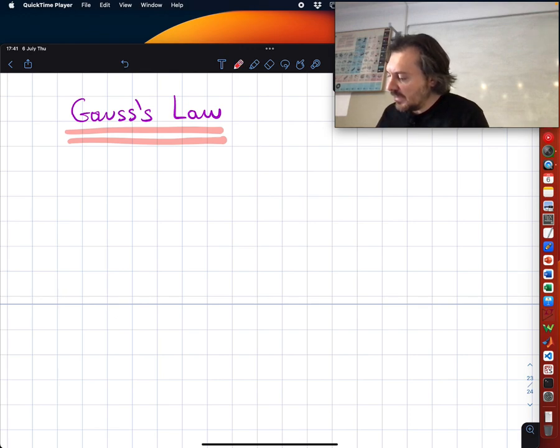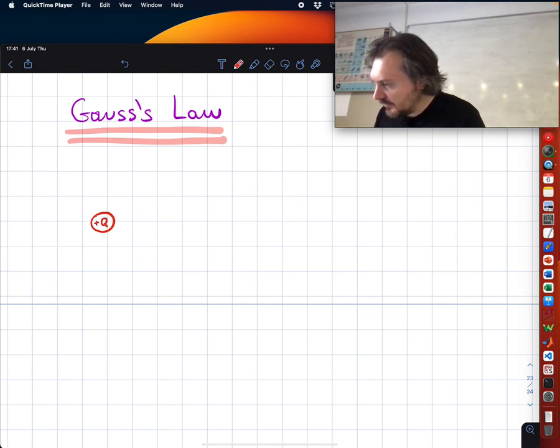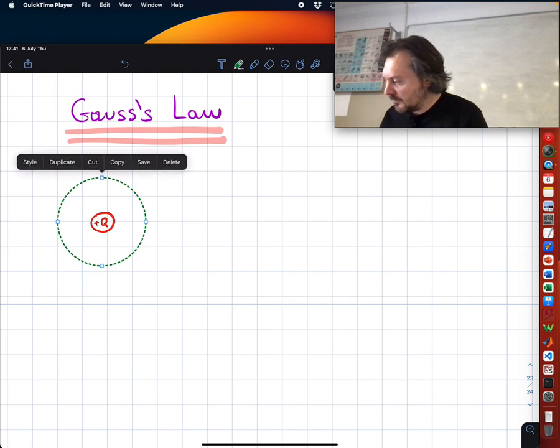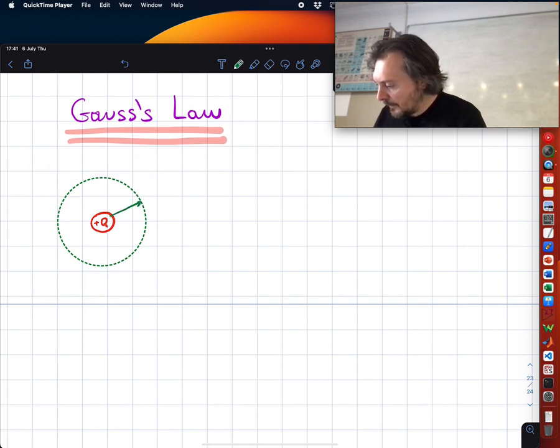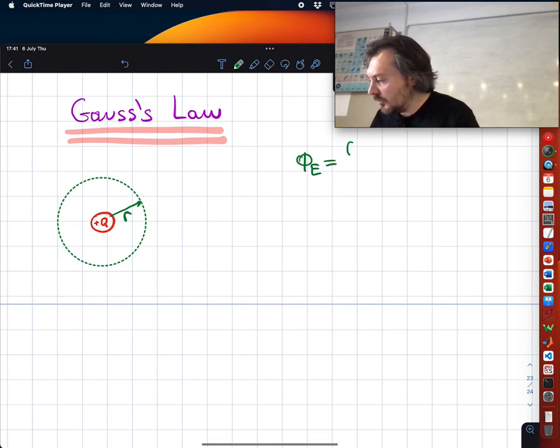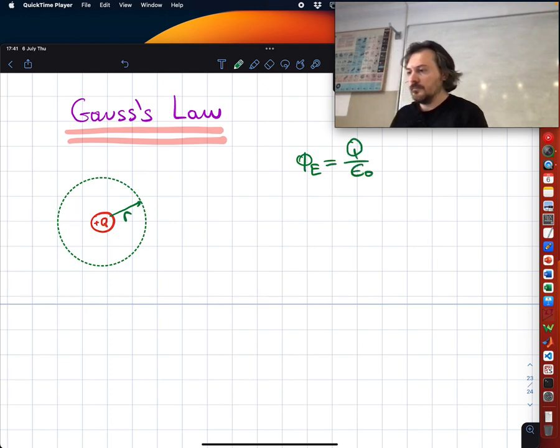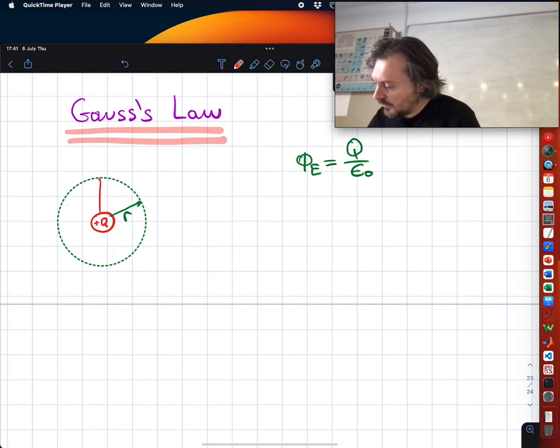So we already realized that the flux for this plus charge at a distance, let's say over here, we said that the flux was Q over epsilon 0. Did we? Yes, we did. Now, Gauss's law tells you that, so as you remember,